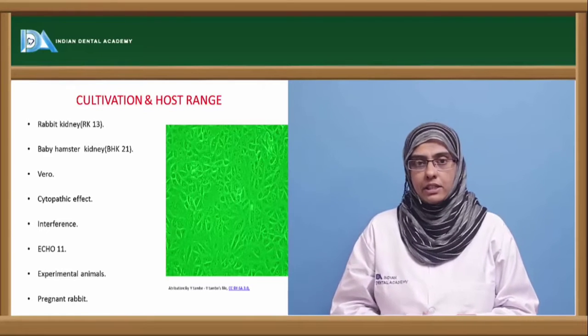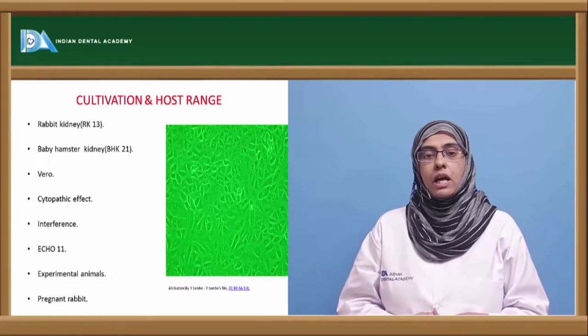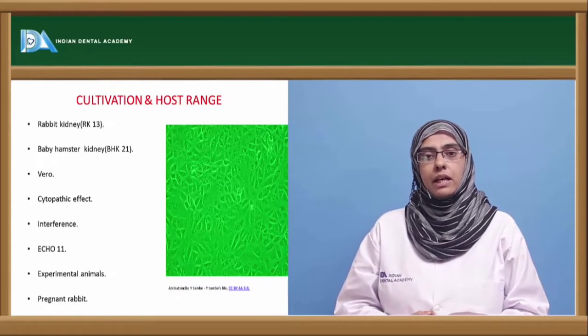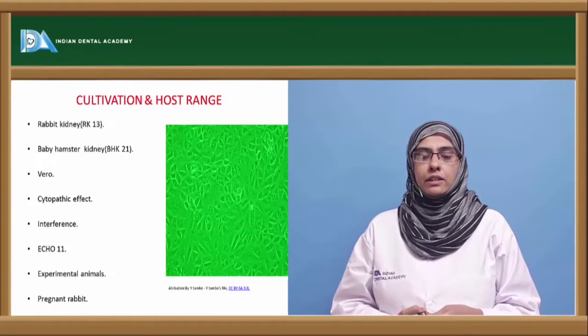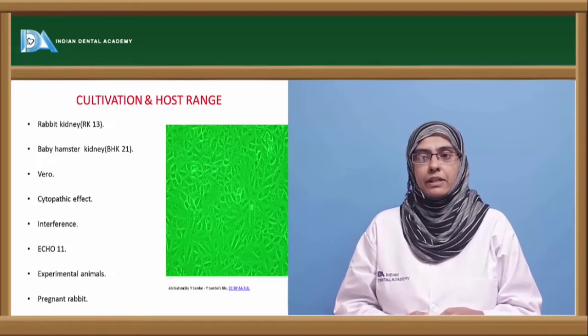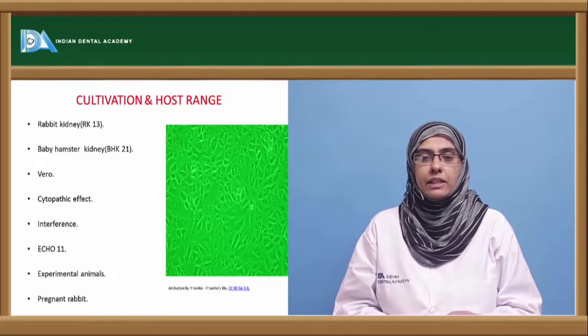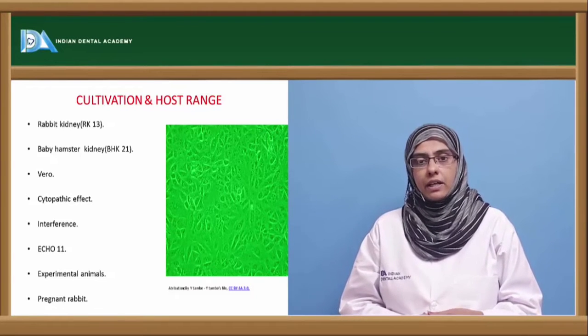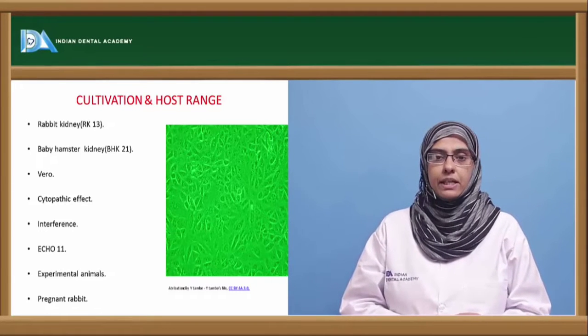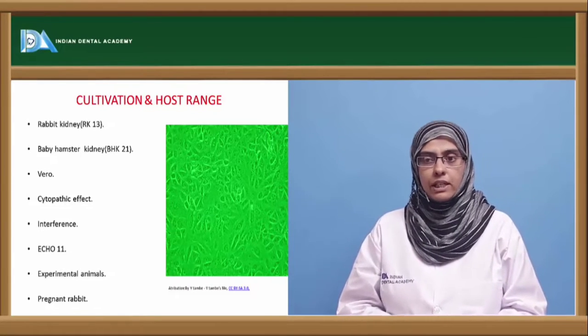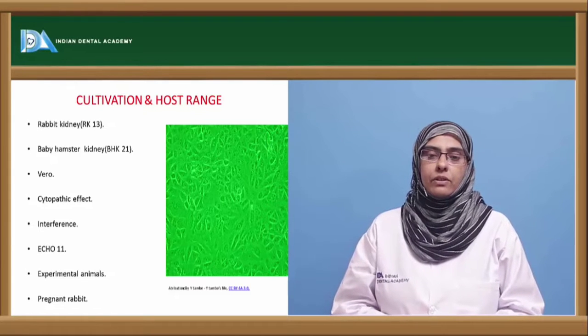Coming to the cultivation and the host range of this organism, it can be isolated on primary cell lines and on continuous cell lines. Here the primary isolation is usually done in rabbit kidney, that is RK13, and for continuous cell lines you can go for baby hamster kidney BHK21, you can go for Vero cell lines, and the cytopathic effect of this